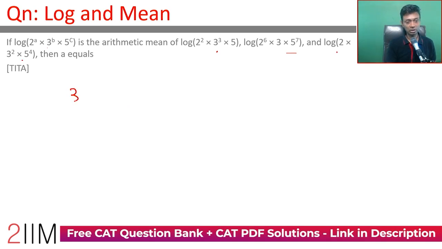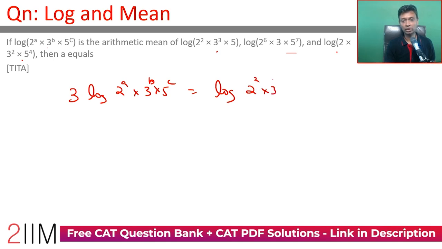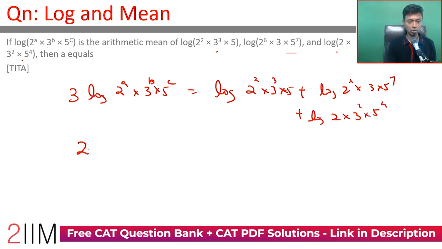And so, or 3 times log of 2 power a into 3 power b into 5 power c is log of 2 square into 3 cube into 5 plus log of 2 power 6 into 3 into 5 power 7 plus log of 2 into 3 square into 5 power 4, or 2 power 3a into 3 power 3b into 5 power 3c equals